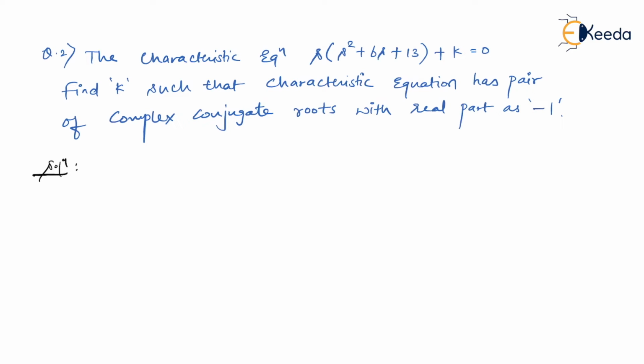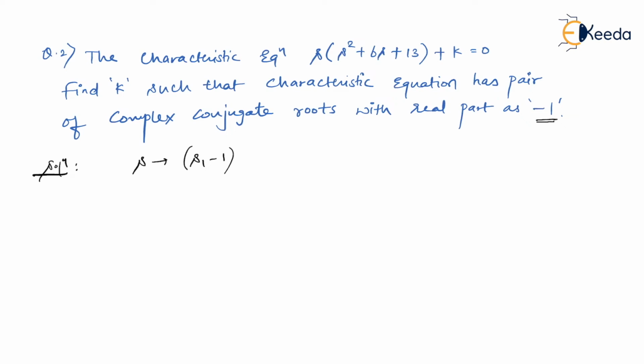So we have already studied the relative stability with the help of the Routh-Hurwitz criteria. If you remember, we used to shift the j omega axis to the left hand side by certain units. For example, if I'm shifting it by 1, the reason why I'm shifting it by 1 is because I want my real part to become -1. As I said, I'll tell you at the end why I'm doing this, but right now just follow the steps. What I'm going to do is replace my s with s1 minus 1. So this is what we perform, a relative stability.